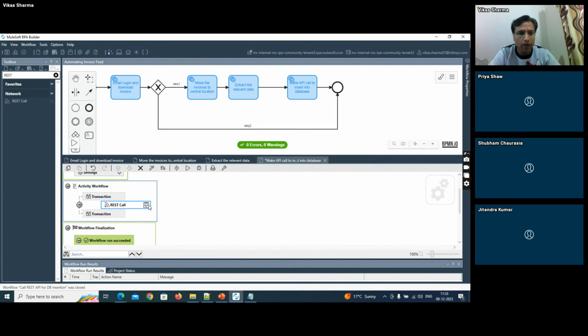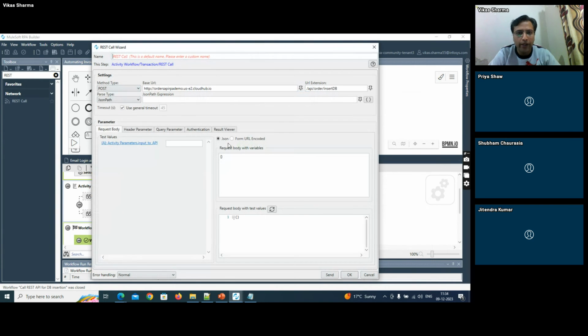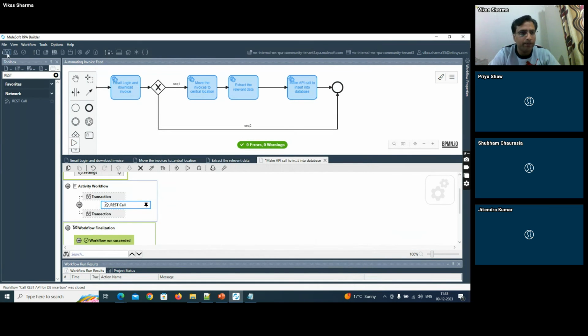And I'll be using that variable. So the payload will be replaced by that input to API variable. I'll go inside it. This is the request body I want to send. I'll be sending that, which I have assigned to that input to payload variable. Press OK. So now after the call is made,